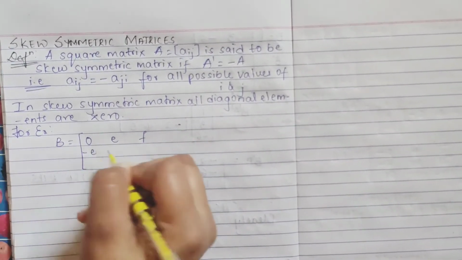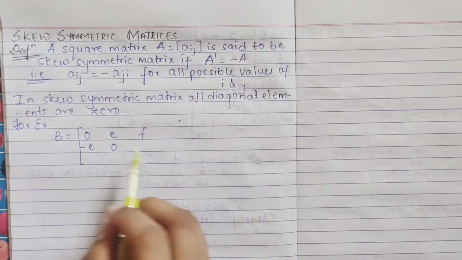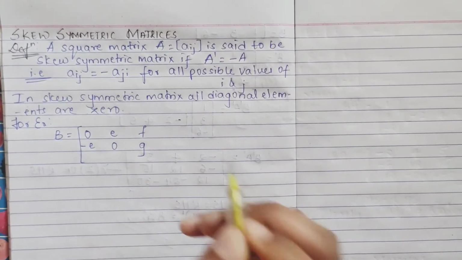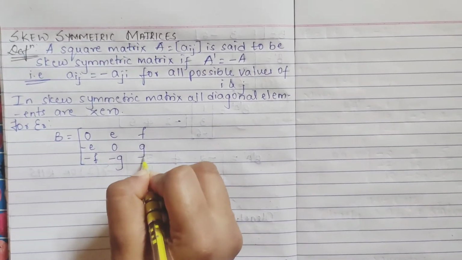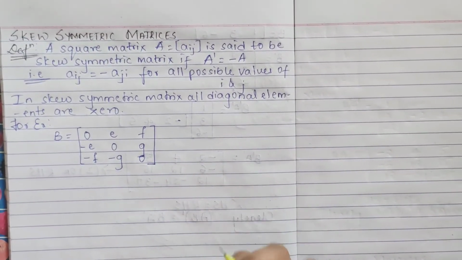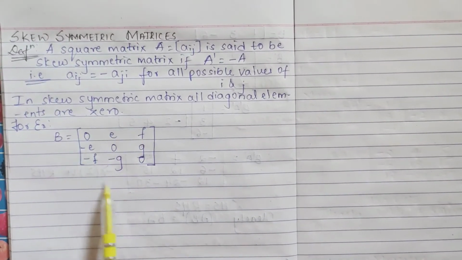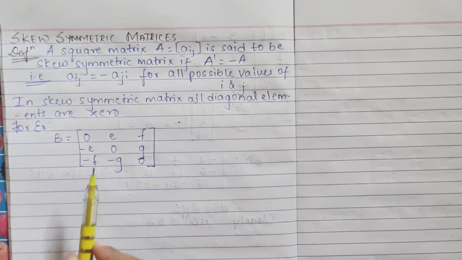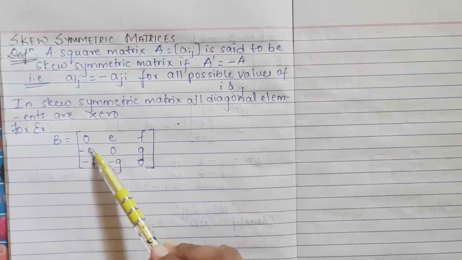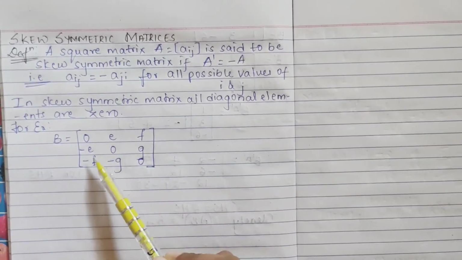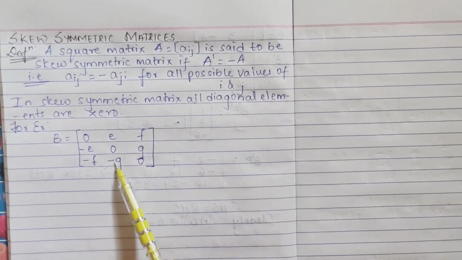Here I am taking minus E. Here also 0, minus E, 0, G. And you have here minus F, minus G. Here also 0. So this is your given B. Suppose this is given B. See how it is this matrix. If you can see this matrix, diagonal elements are 0, and you can see it is kind of a sandwich. If you place it over E, F, G, but just the signs are negative, positive, negative, positive, negative, positive.